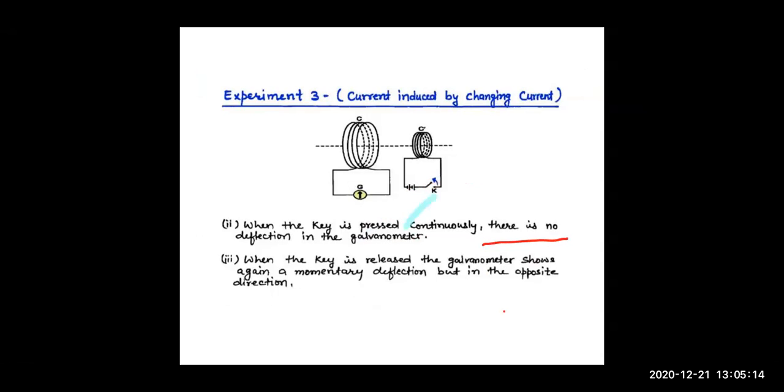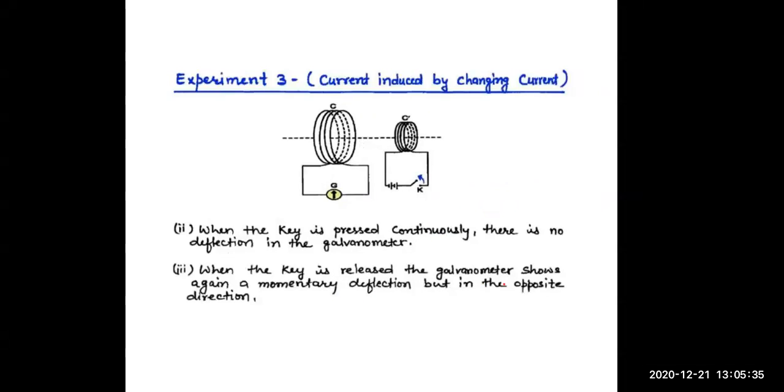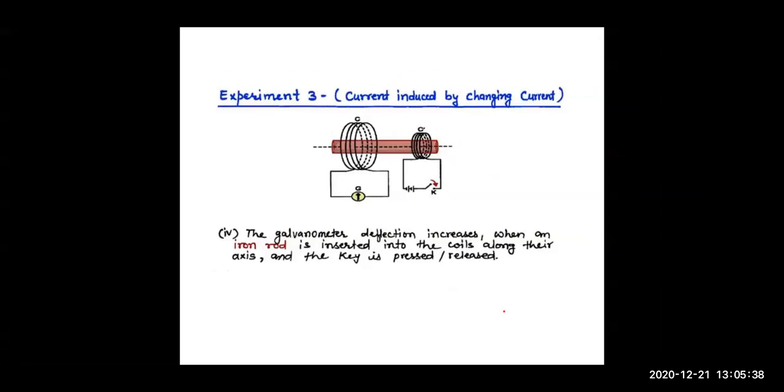Now, children, initially you had put the switch on, and now when you put the switch off, again the galvanometer needle got deflected for a moment, but this time it was in the opposite direction to the previous one. As soon as you put it off, it showed a deflection and then again came back. So it showed the deflection when you were pressing the key on and off, which was momentary, and it was in the opposite direction,